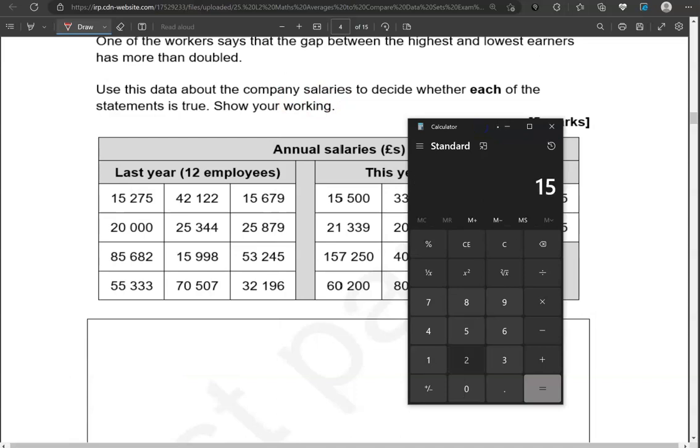So 15,275 plus 42,122 plus 15,679 plus 20,000 plus 25,344 plus 25,879 plus 85,682 plus 15,998 plus 53,245 plus 55,333 plus 70,507 plus 32,196 gives us